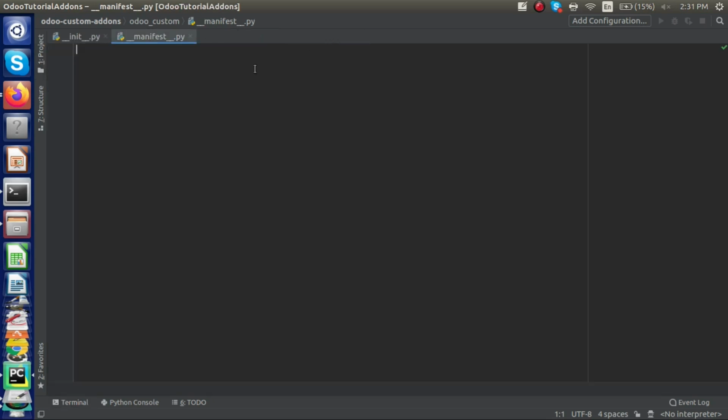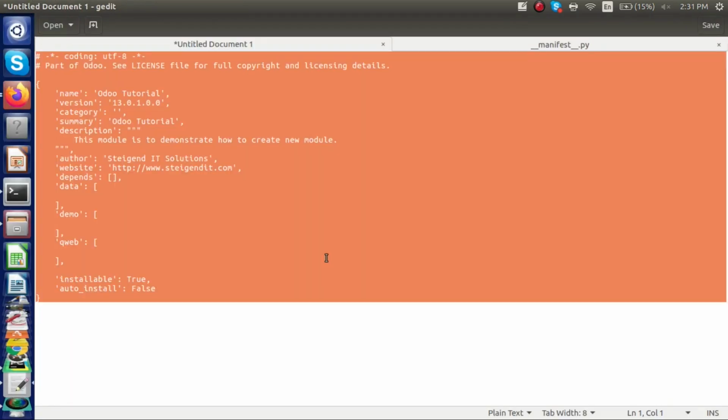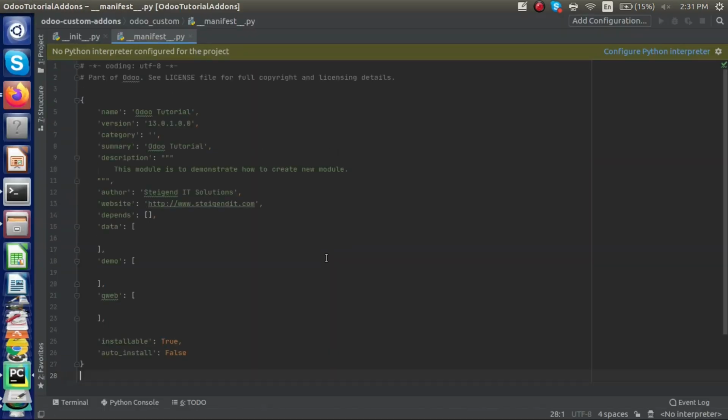Next is the manifest file. The manifest file contains the whole information about the module. So I am just copying the contents here. This will be the manifest file contents, and I will explain each of them one by one.